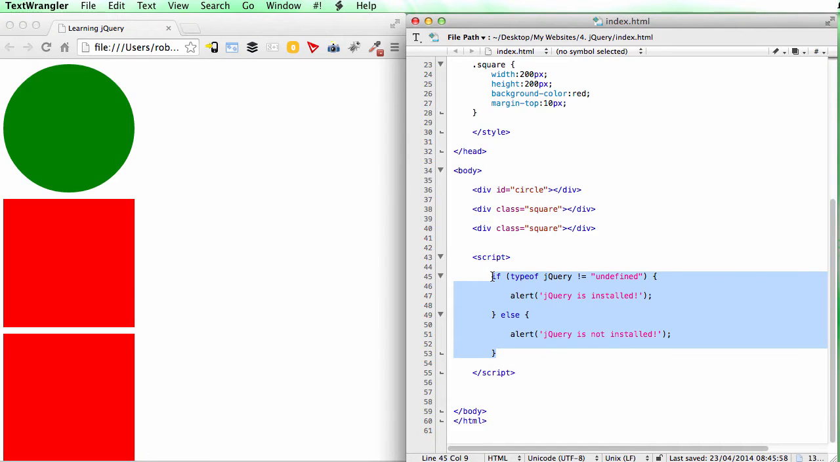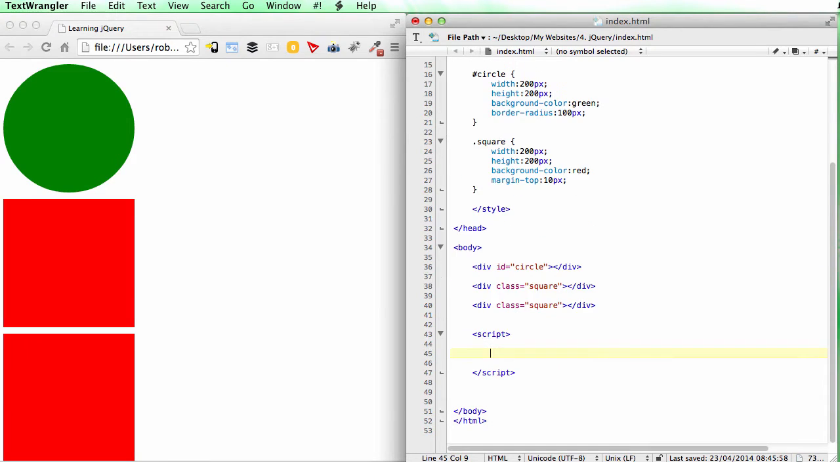We don't need this jQuery install script anymore, so I'm going to get rid of that. So the way we actually select an element in jQuery is a little bit different to how we do it in JavaScript. We use the dollar symbol, and that's the symbol that we use pretty much every time we use some jQuery. So it starts off a jQuery function. And in this case, we're going to select the ID of circle. So I'll write it out and then explain